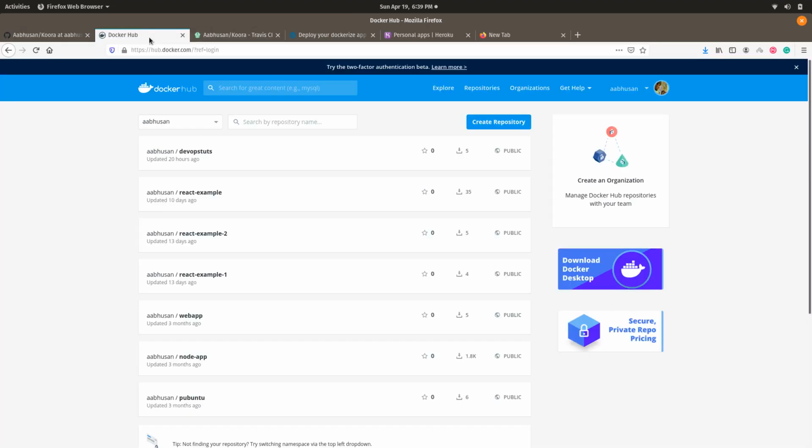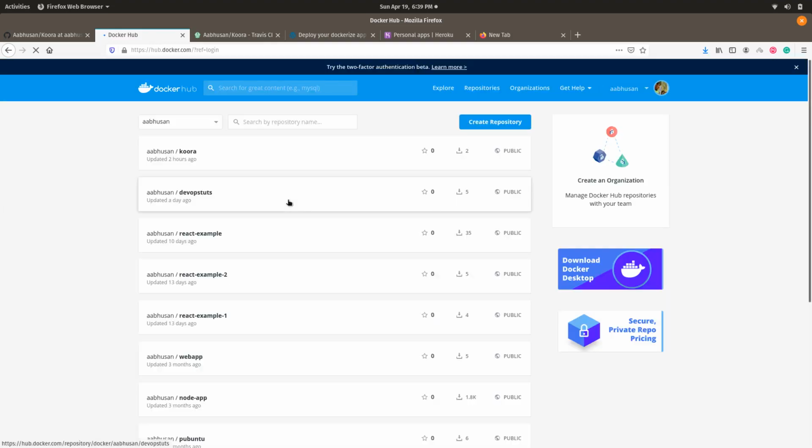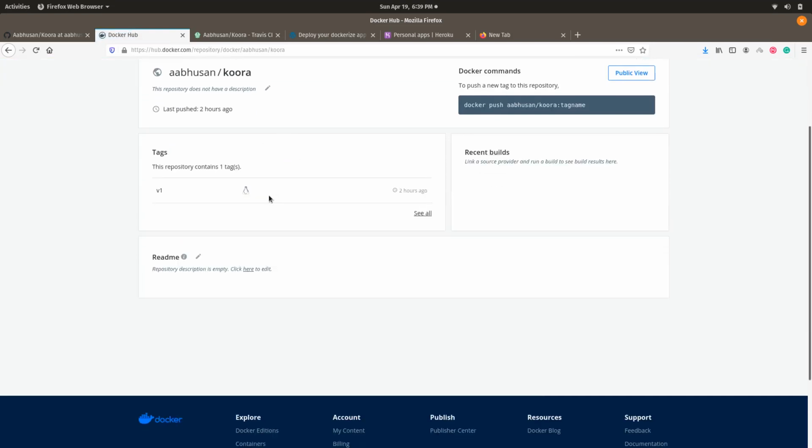And in Docker Hub, you will find the Quora repository, and only v1, tag version 1, is here.